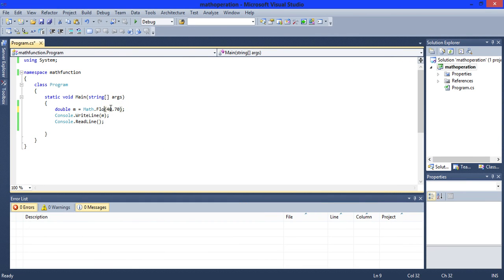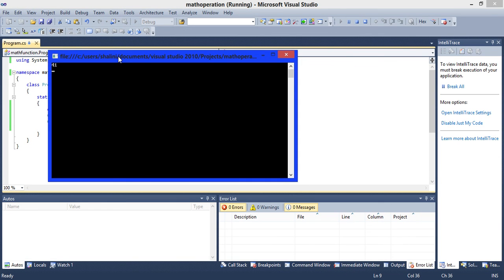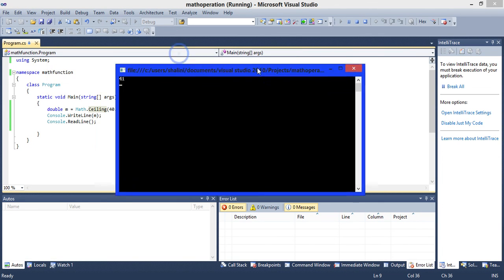Now write here ceiling, save it and run it. Output will be 41. See, the output is 41 here. Okay